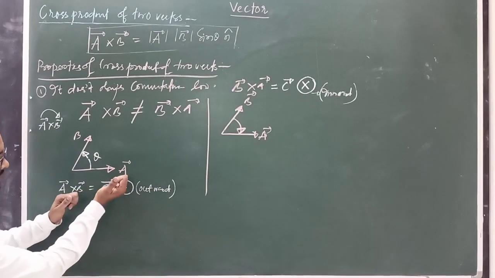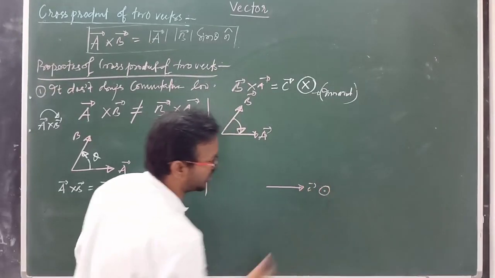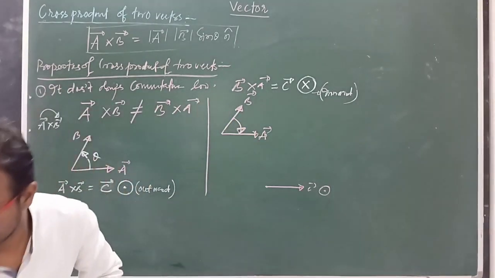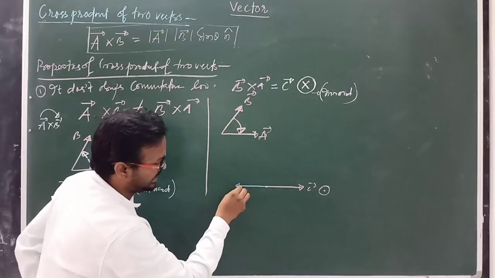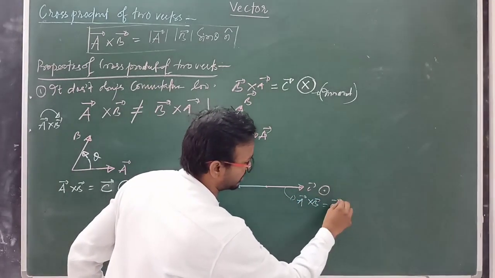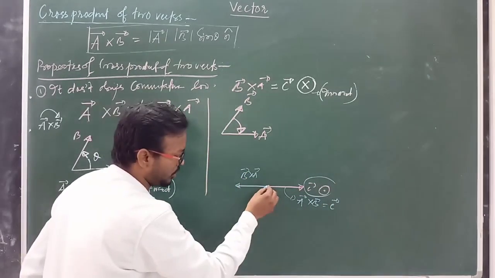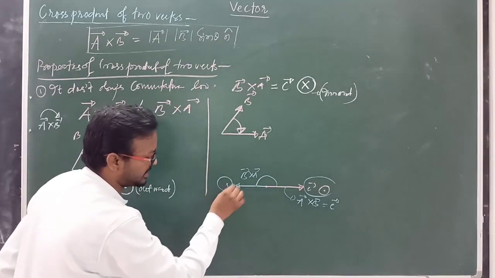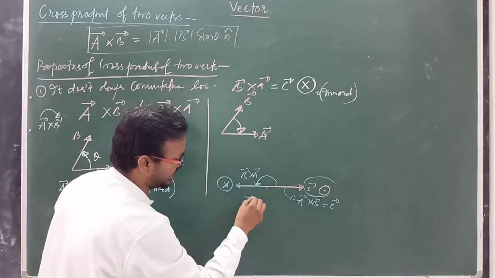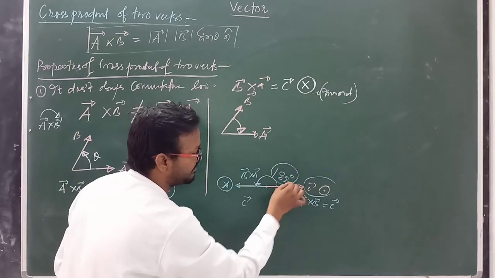So in this case, the resultant vector is in the outward direction. I am writing here, outward means the C vector, and this is a dot point. And in this case, B cross A means inward direction. I am representing here the C vector as A cross B, but here it is the B cross A vector, which is opposite. Here the angle between the two vectors means the resultant: the C vector is in this direction and B cross A is in this direction, so the angle here is 180 degrees.